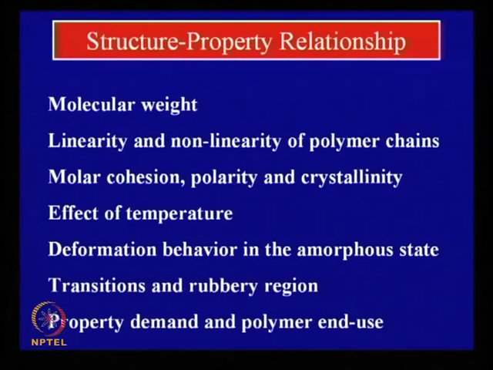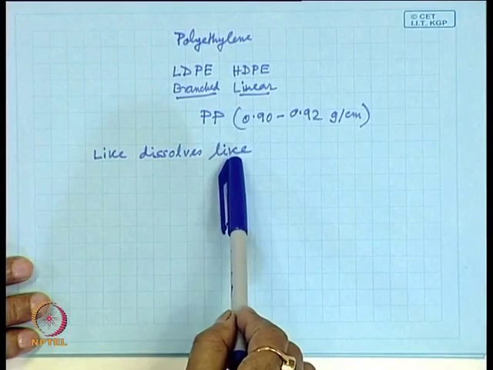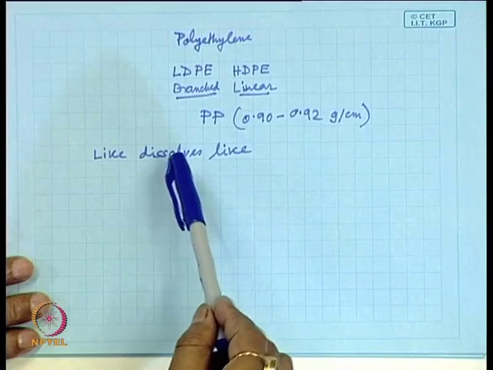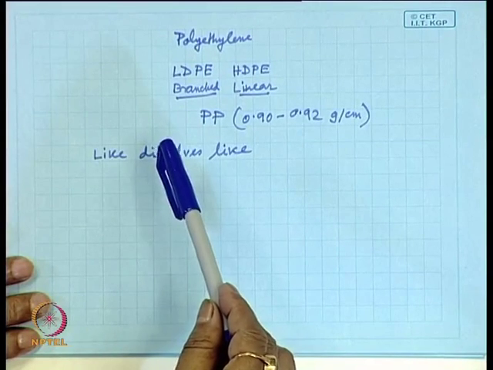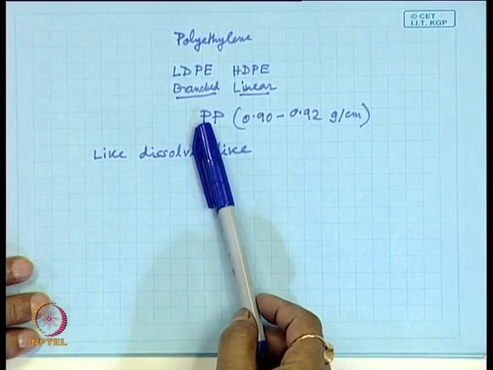So, I have explained with the help of simple examples how this molar cohesion, this crystallinity, and this polarity come into play in the attack of solvents on those polymers or their mechanical properties, etc. This crystallinity also adds to the mechanical properties. Amorphous character is another kind of mechanical property, because elastomers are amorphous, rubbers are amorphous, whereas polyethylene and other solid plastics are crystalline. Then the effect of temperature: how it behaves if the temperature is increased, if the temperature is decreased,